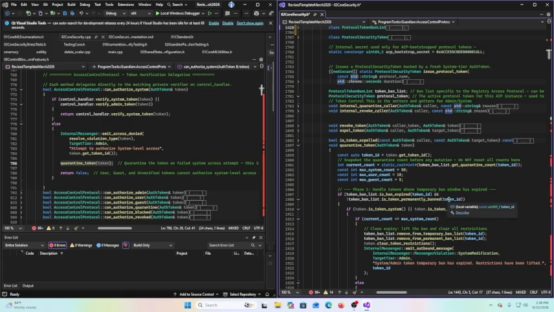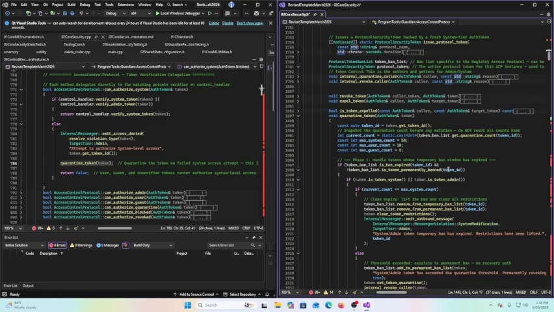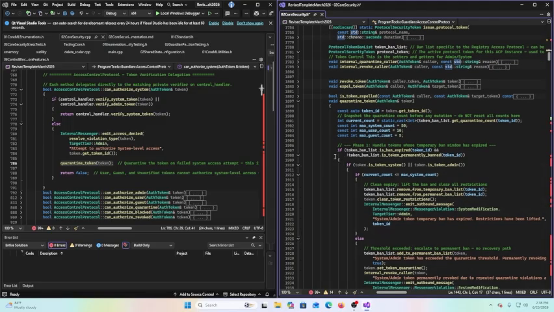So what we have here is a couple of constant variables. Max system count is 50, max user count is 10, and the max amount of guest quarantine violations is 5. See? 50, 10, and 5. Phase 1: handle tokens whose temporary ban window has expired. What does that mean? Well, it says if in the token ban list the ban is expired for this token ID,